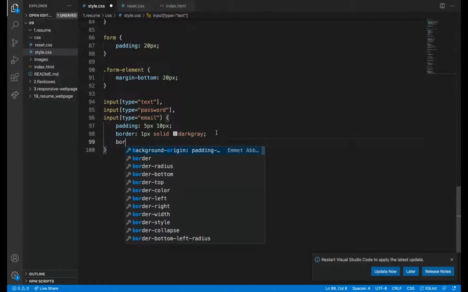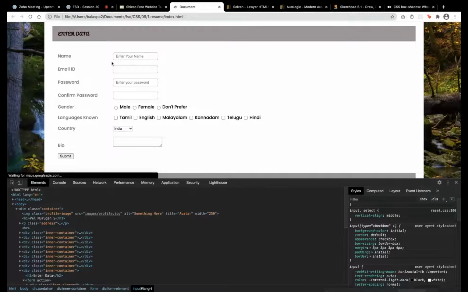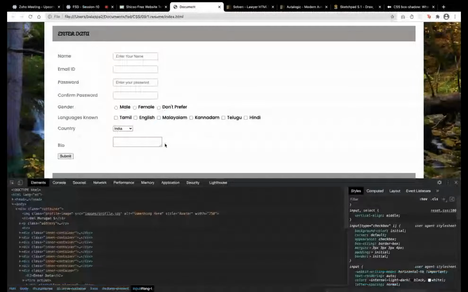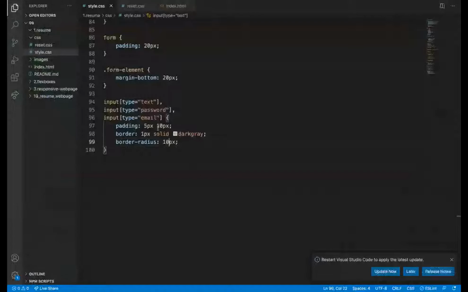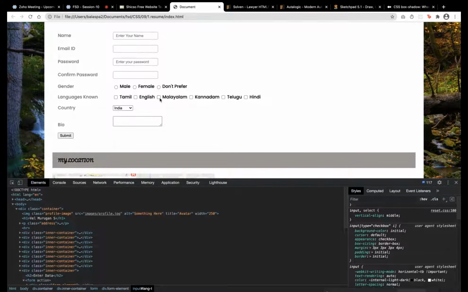So border radius actually I can apply. What is that border radius? I'll show you. If I give border radius 5, here this got rounded corner. It becomes rounded corner to 5 pixel of amount. If I give 10 pixel, the corner round will be more. So for now we can give 3 or 4 pixel, or 5 is enough max. So to make it a rounded corner, we will add border radius.